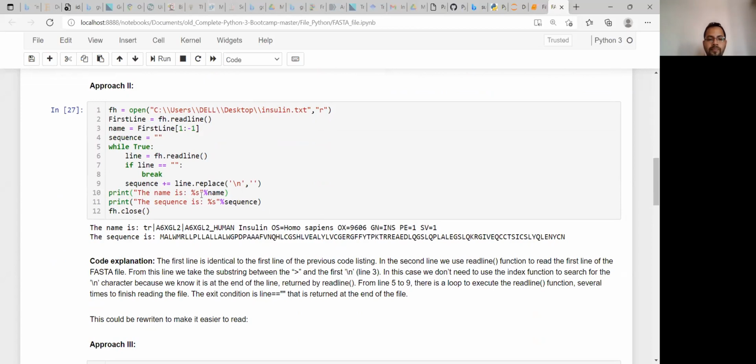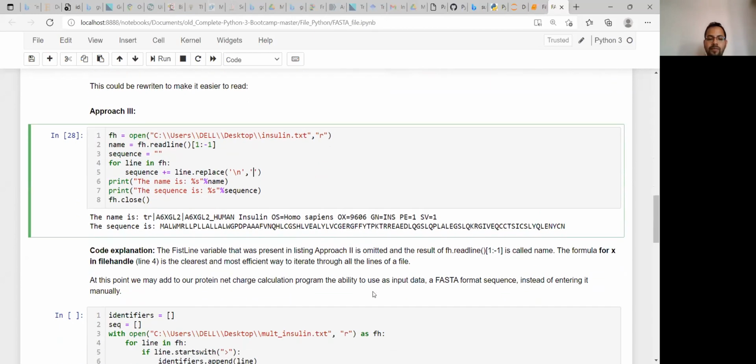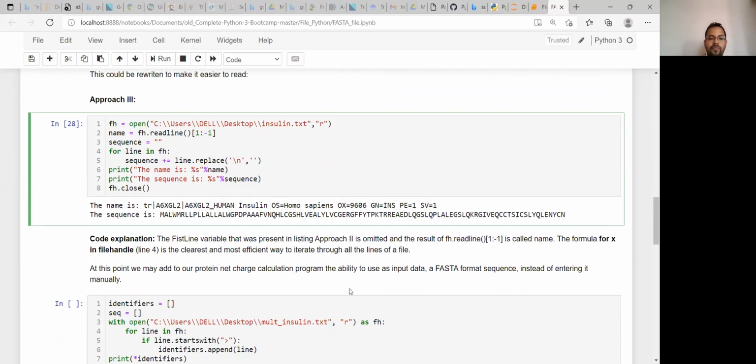That's why we are replacing this \n with nothing, and that's why these two lines are joined. Now, any doubt from here? Okay. You can do it in many other ways also, no problem with that. This is only one single method.